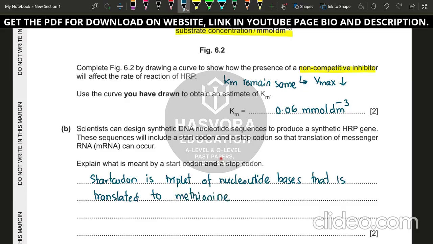Okay, so it is translated to methionine, and it starts the elongation of the chain,